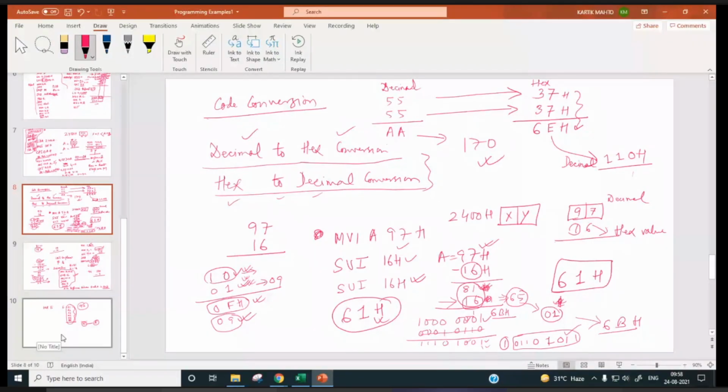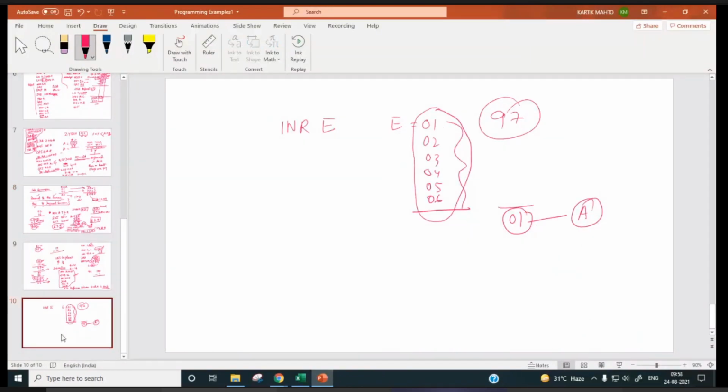Suppose we have a hex number at say 2400H, we have FEH. So what is the corresponding BCD? Tell me. What will be the corresponding BCD of FE?